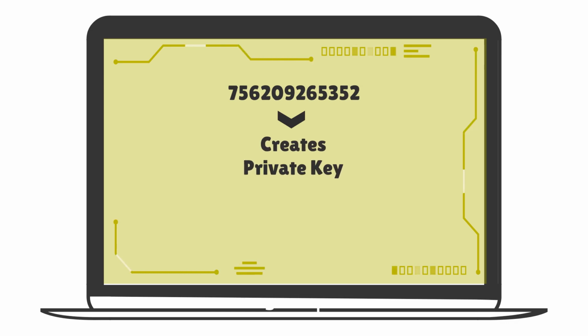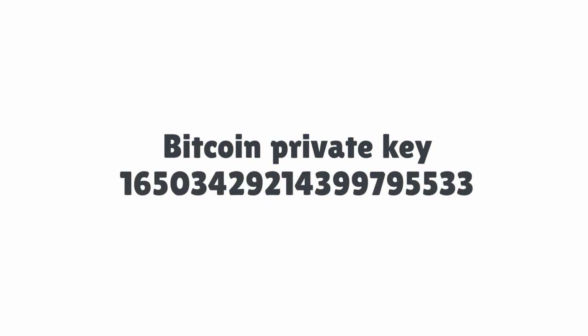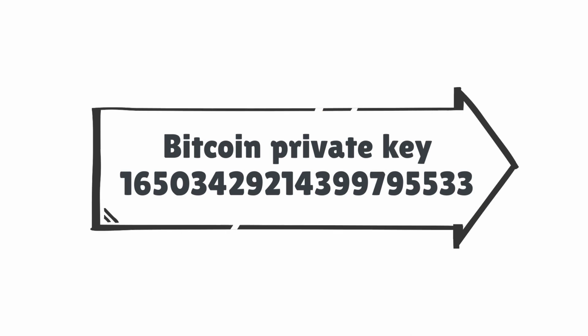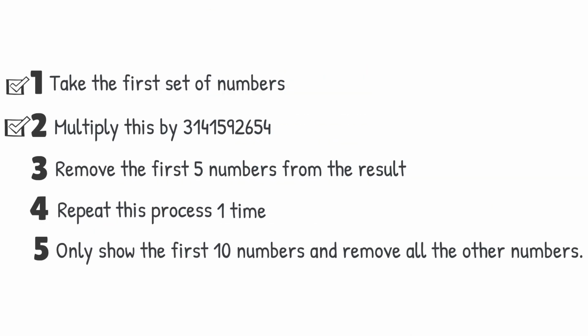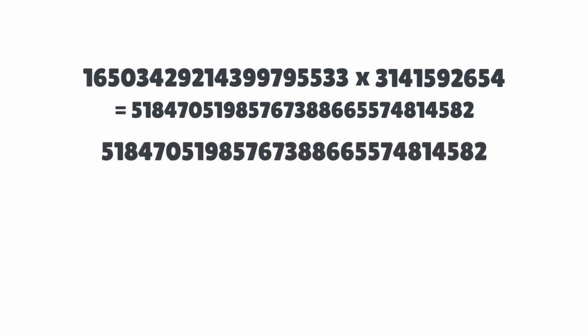Okay, so to summarize part 1, the computer wallet program creates a random number, then creates a Bitcoin private key, then uses a one-way hash to create a Bitcoin public address. Okay, so now we can start our example. Start with Bitcoin private key equals 16503429 and so on. Then hash this private key with our MU hash. 1 and 2: 16503429 and so on, times 314,159,26 and so on, equals 51847,051 and so on. 3. 51847,051 and so on. Remove first 5 numbers, equals